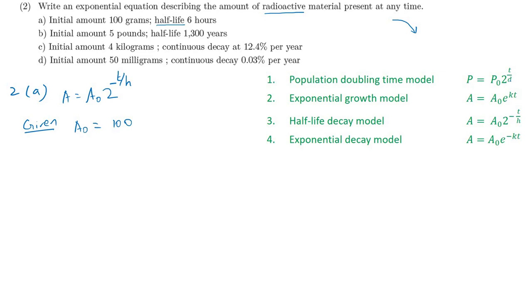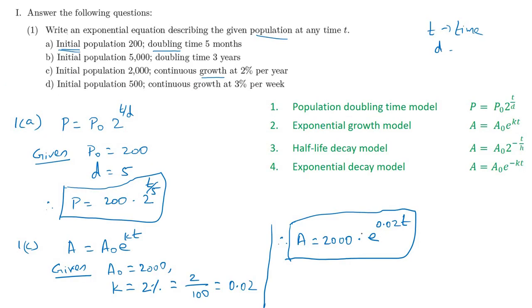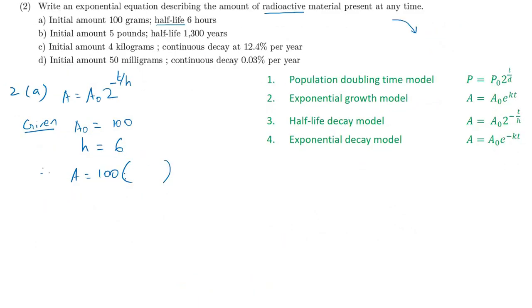If you see here in the formula, D means doubling time. Double, how much time it will take to double. The same logic here, how much time it will take to halve. So here H is halving time, half-life time. H is equal to 6 hours, put only 6. Just substitute these two in the given formula. Therefore, A is equal to 100 into, if you want to put X, like that multiplication symbol. If you want, you put bracket. It's your wish. Since already I have used one method, here I am using another method. A equal to 100, 2 power minus T divided by H. What is H? 6.